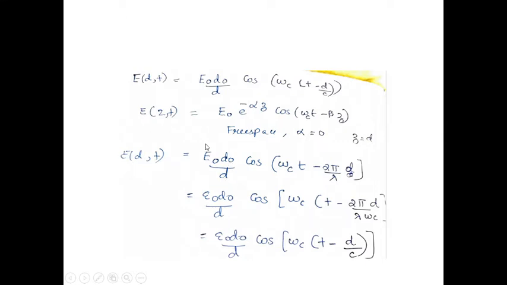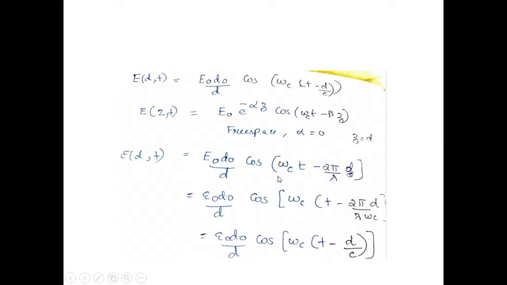The concept is that at a reference distance of d0 we will have the electric field component as capital E0. So what will be the envelope of the electric field at a distance of d? The envelope will be E0 d0 by d. That is how we have modified the envelope here. And coming to the phase part, it can be rewritten as cos of omega c t minus 2 pi by lambda d, taking omega c outwards and modifying this part.